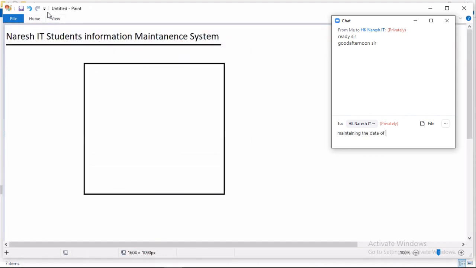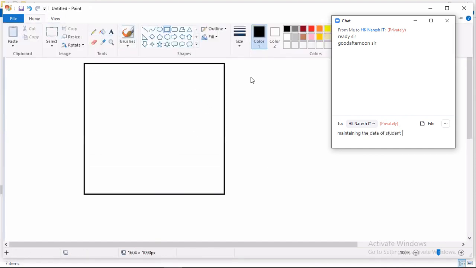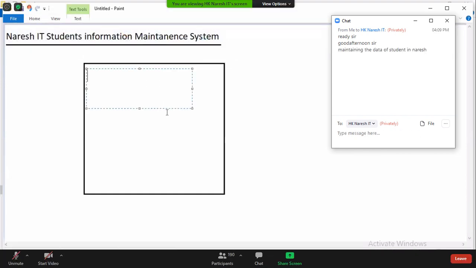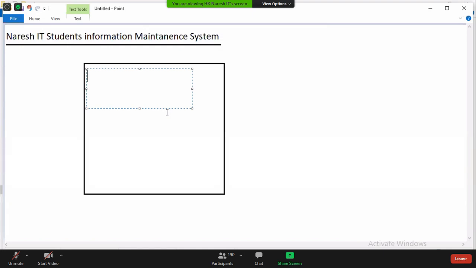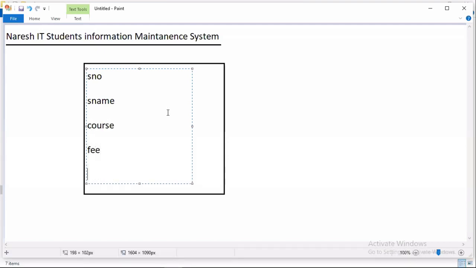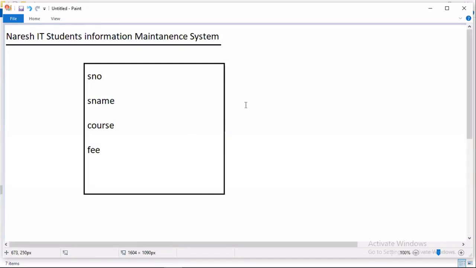In this application form, what information are we asking: student number, student name, course, fee. Then you must fill these details.